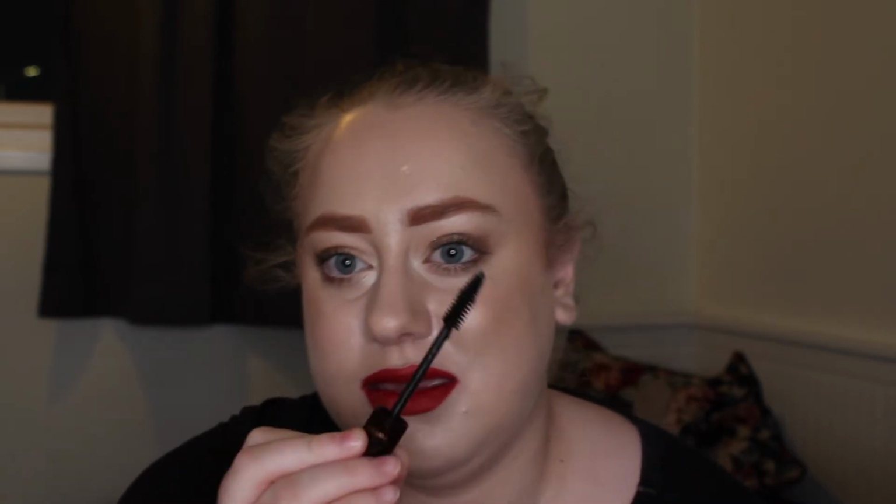So I want to pair this together, test this more on its own, see if I can maybe get that to work, because it is very expensive, but this looks great on the lashes. The brush is a bit bigger than what I like. You can see there, especially compared to my Max Factor one. You can see the Max Factor is just skinnier, and I prefer that because my eyes are not very big,